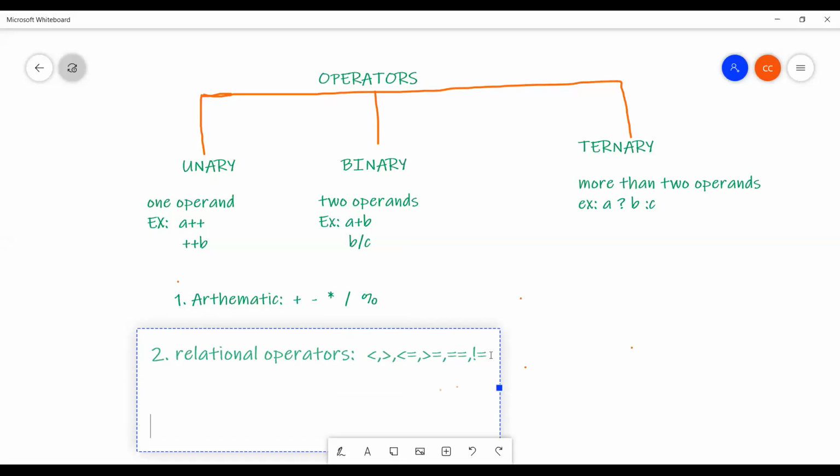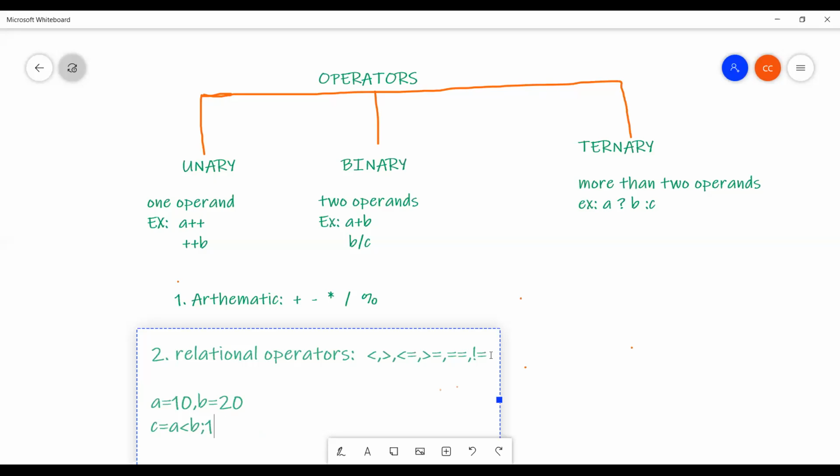I will take first example. A equal to 10, B equal to 20. Suppose I write here C equal to A less than B. Now what is C value? 10 less than 20. Condition true or false? Yes, condition true.